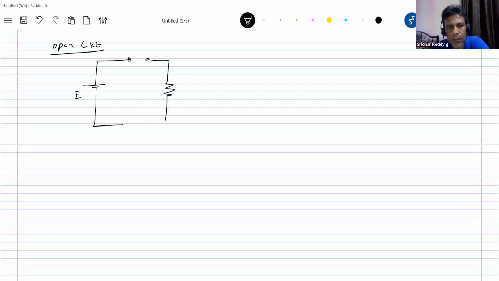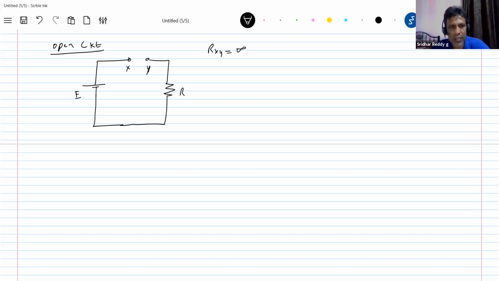First we'll discuss the idea of open circuit. This is a cell. If I don't write any small r, it is considered an ideal cell. These are the terminals, or write X and Y. I just left it open. What conditions will arise here? So what is the resistance of this air? We'll take it to be infinity. So Rxy will be infinity.